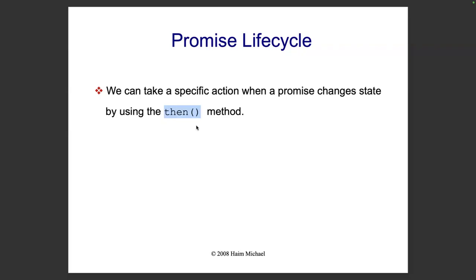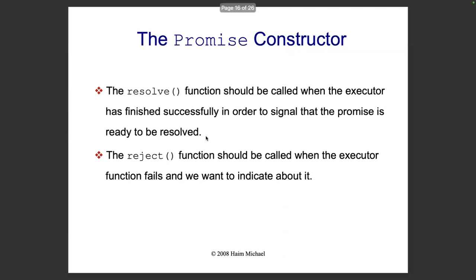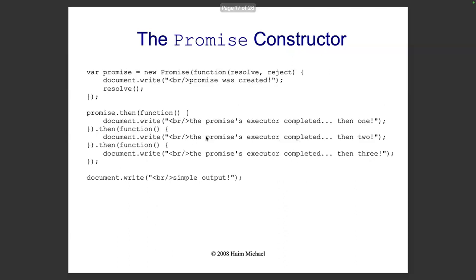If the promise object on which you invoke the then function changes its state from pending to rejected, in that case, the second function that you pass over to then will be invoked. So getting back to this code sample,